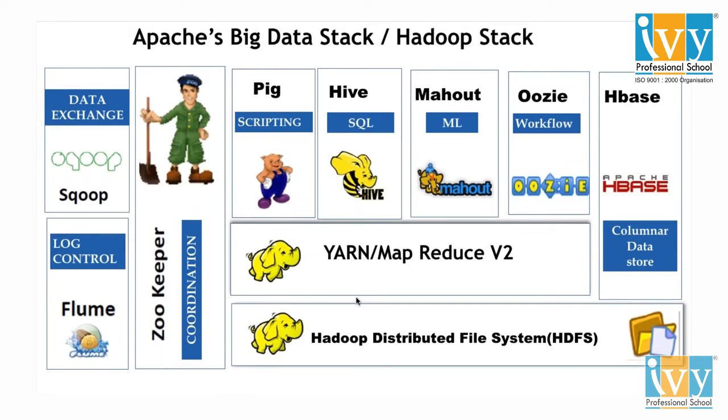So Sqoop is a tool. Supposing if you're working in a company, your data will be in relational databases, the traditional relational databases. Now data is growing. The most of the challenge people face is, now I cannot analyze the data because it's in a relational database. We cannot scale it on different nodes. So they bring the data from relational databases like MySQL into the Hadoop world. Getting data from relational databases to Hadoop is done through Sqoop. We can use the Sqoop tool to import the data from relational databases to HDFS.